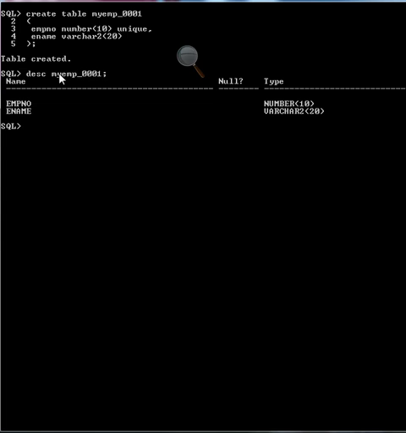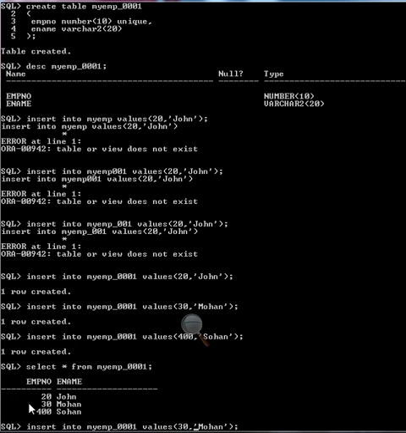Okay, so if you want to insert duplicate values, let's see what happened. And Mohan, just change the name. Here we can write Balakrishna. Okay, insert into my_emp_001 and I am inserting a duplicate value on emp number.